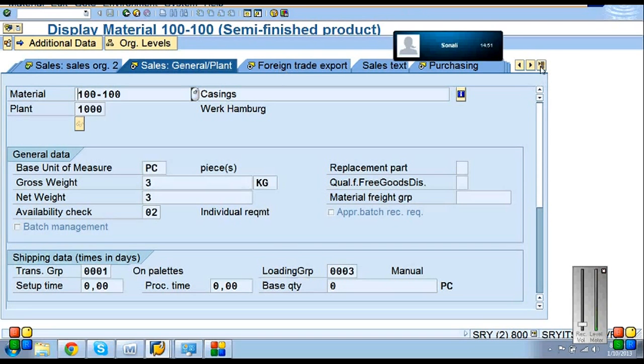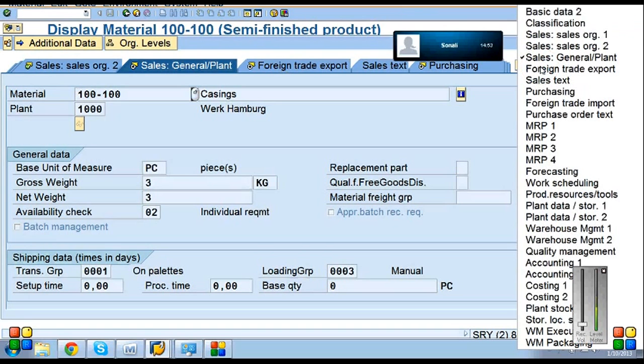So who will assign this material master? It is a combination of MM, PP, SD, FI. Every module has its own views. The warehouse management guy will look into these two. Production guys will look into these three. So forecasting, that means the PP guys and FI guys have to look into this. 3 and 4 by PP, 1 and 2 by MM, and sales guys will be looking into 1, 2, 3, 4, 5 views. A bit of foreign trade.